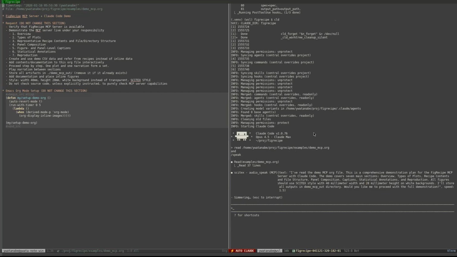I've read the demo MCP org file. This is a comprehensive demonstration plan for the FigRecipe MCP server with Claude Code. The demo covers 7 main sections: overview, types of plots, recipe contents and file structure, panel composition, captions, statistical annotations,